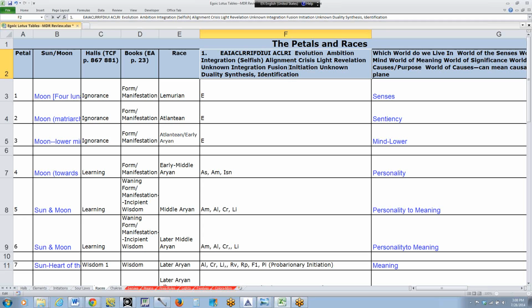So fusion, and I'll call it duality, initiation, and I don't really have synthesis here. Don't really need it, I think. Universalization and identification. There are also